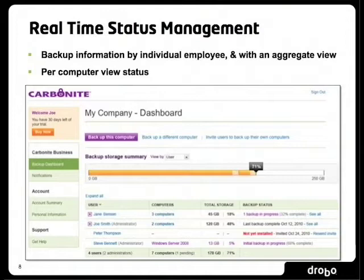If I'm using a flash memory drive to back up my business, and my receptionist forgets to back up our company every night and bring it home, I don't really know that task is not being done unless I ask the receptionist every day. Here, through literally just clicking on a screen, I know what's happening, and I know that Joe Smith hasn't backed up his computer, so perhaps his computer hasn't been turned on. Perhaps I need to talk to him about making sure he's backing up, and making sure his computer's on,